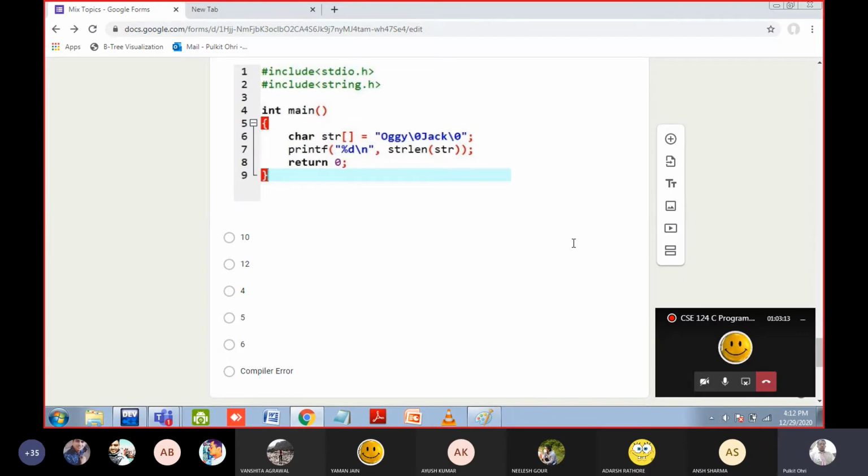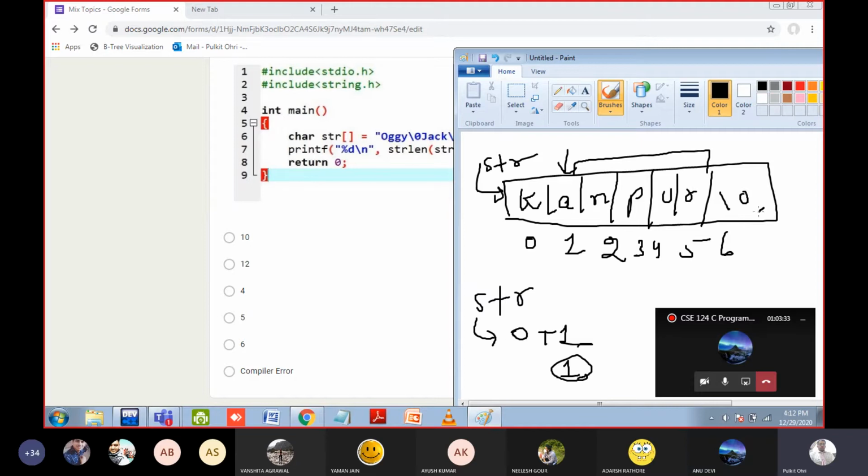Sir, because here there is also slash 0, so those will be counted separately. Okay. Can you tell me what is /0? Null character. Sir, I know slash n, I don't know slash 0. These two are different. /n means next line. /0 is this. Don't you think so? It means it is a null character. Okay. Yes or no?